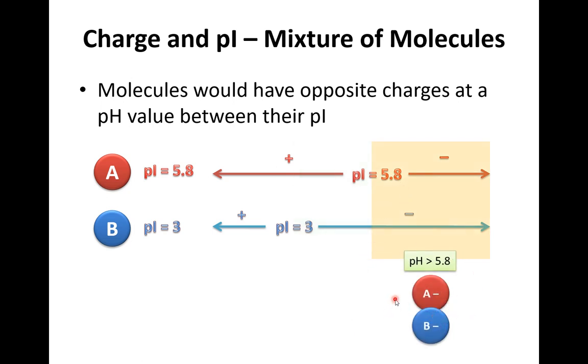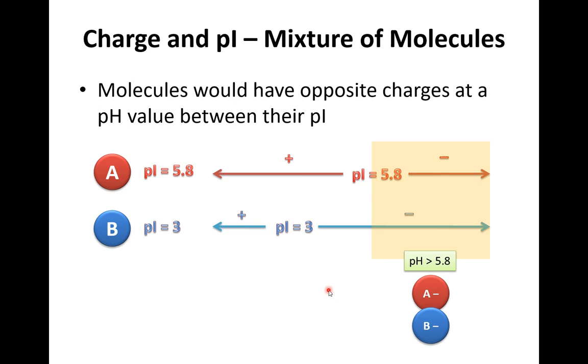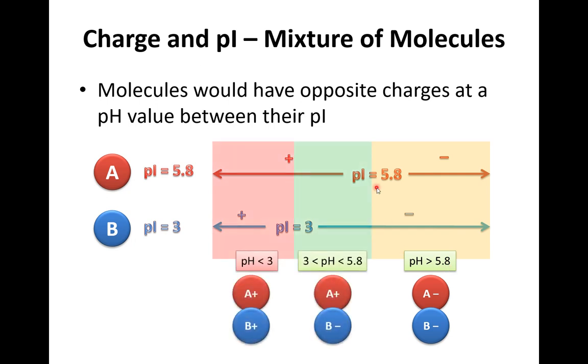I hope you can see two things. You can plan a pH where you have molecules with opposite charge. Second thing, how you can actually change the charge of a molecule. So in this case, for example, A, if you move from 4.5 to 7.5, you will move from positive to negative. All right, so during the same experiment. So how does this translate into separation? So well,